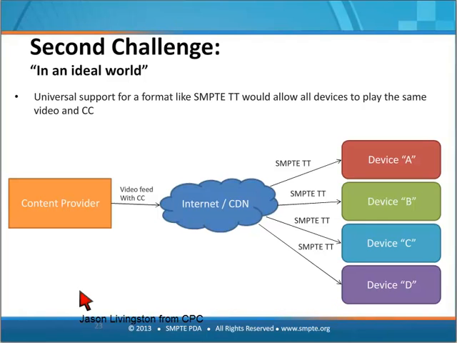So here's the second challenge. In an ideal world, yes? Yes, we do seem to be experiencing significant latency in our audio as we've experienced in the past, so I'm going to try to manage it. But Tom has a comment or a question. Can you read that in the text chat box?